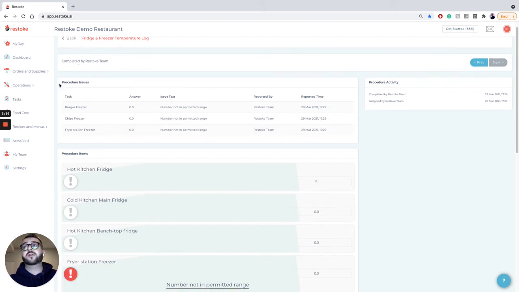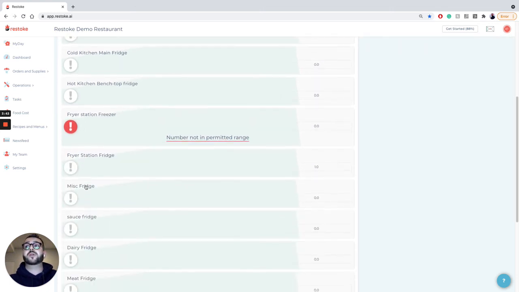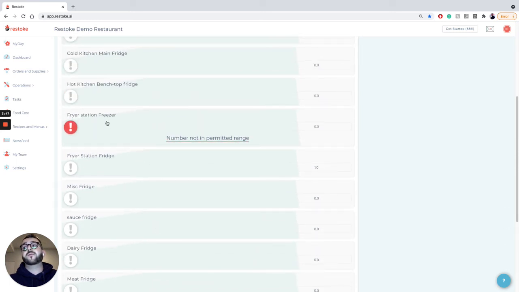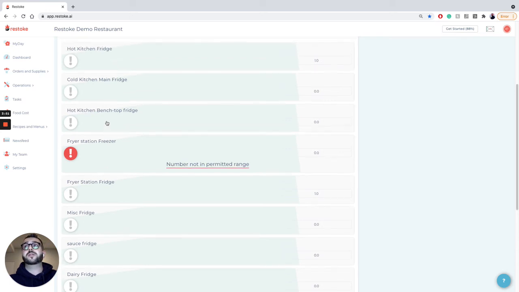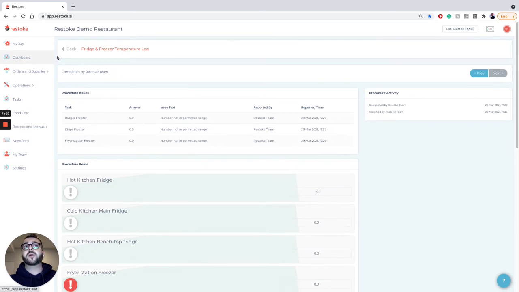Firstly, you can see it here at the top. It summarized the issues in the procedural list, but also, if you scroll down, you can see them asterisked or with exclamation marks here. As you can see here, the freezer was not in the min or max range that we set, and that has alerted us. And this is an insight that we might want to be aware of. If it continuously happens, that means that either there's something wrong on the staffing end or there's something wrong with our equipment. So moving back to the dashboard,